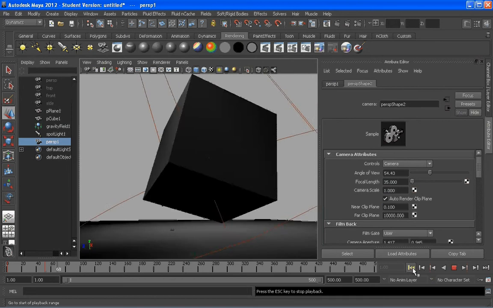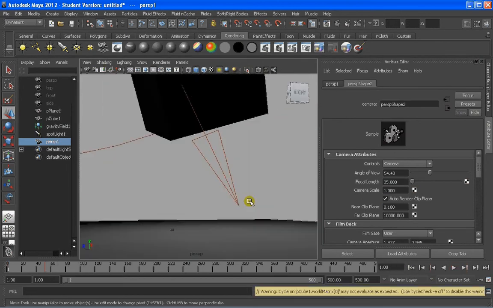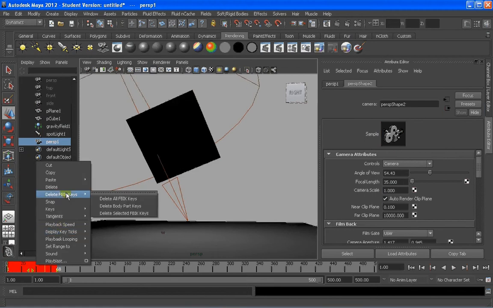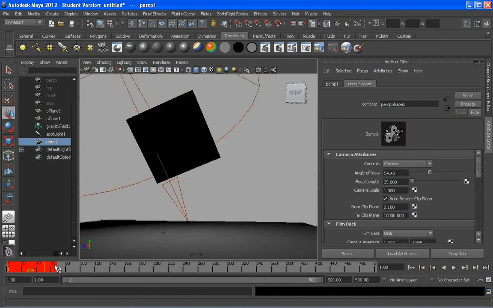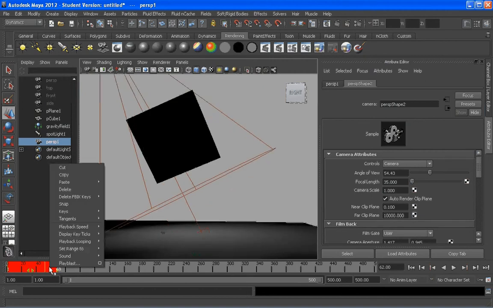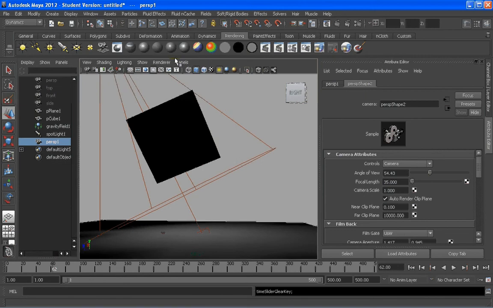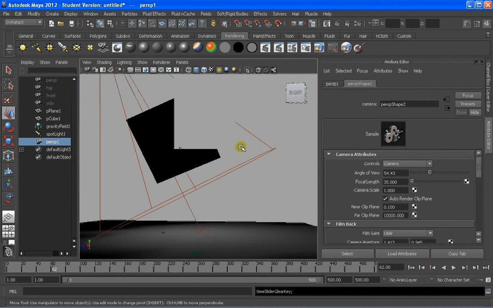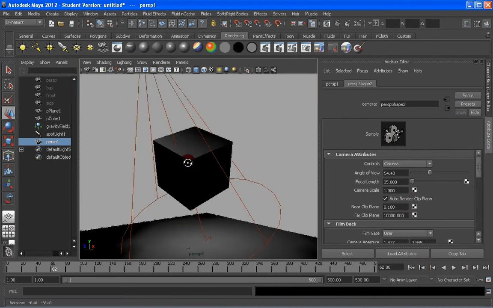I think, oh yeah, I know what the problem is, sorry. I have to actually delete these keyframes. I was animating that perspective, not perspective 1, so I'm going to select by shift and drag, and then you can say delete. And what I forgot is to mark here that I'm in perspective 1. Now I'm in perspective 1